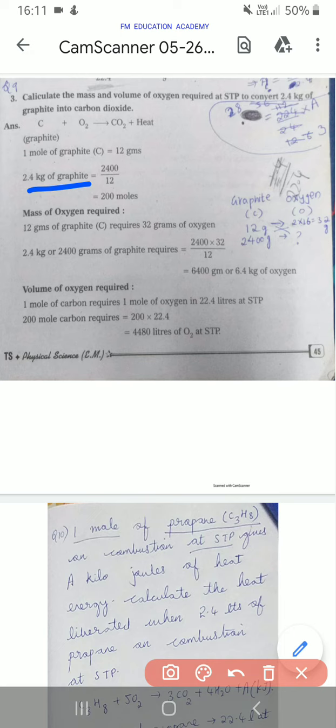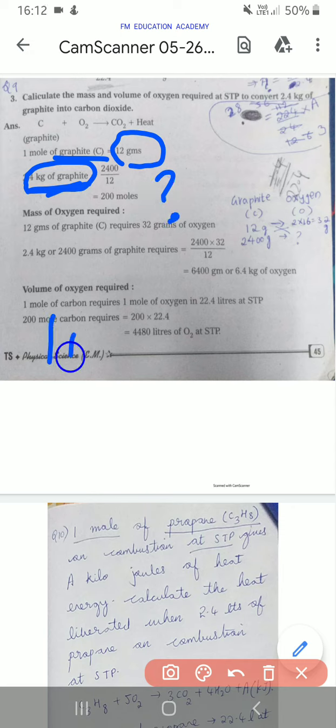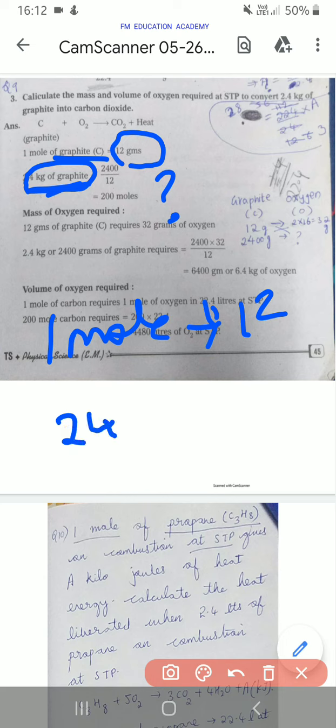So 2.4 kg of graphite will have how much? How to find out? 1 mole of graphite contains 12 grams. So 2.4 kg of graphite will contain how many grams or how many moles? What should you do? See, it is like this. 1 mole contains 12 grams, so 2400 grams will be